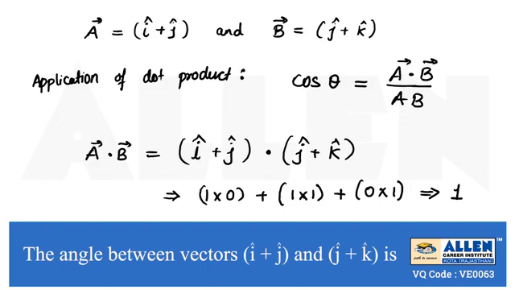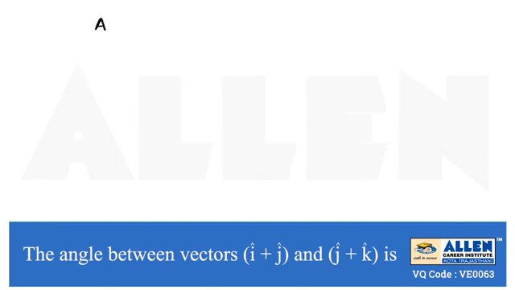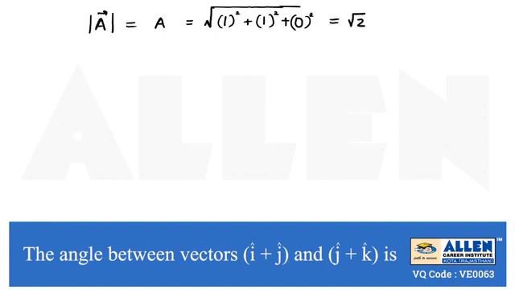Now we will use this in our formula, that is cos theta equal to a dot b divided by ab. a and b are the magnitudes of vector. So we will see what is the magnitude of vectors. Magnitude of a vector, which can be written as a, can be directly found out with the help of conclusion, that is under root of summation of squares of coefficients. So coefficients of a vector is 1, means 1 square, j cap coefficient is also 1 while coefficient of k cap is 0. Therefore magnitude of a vector is root 2.